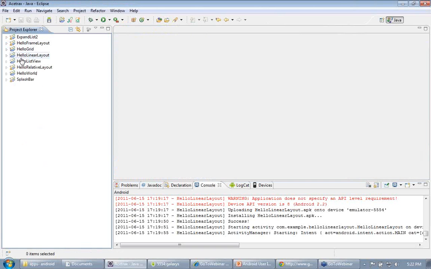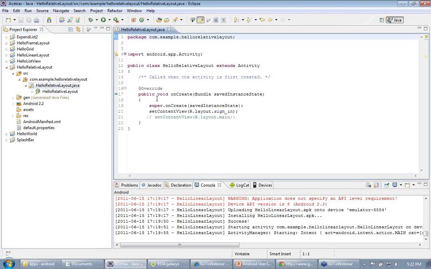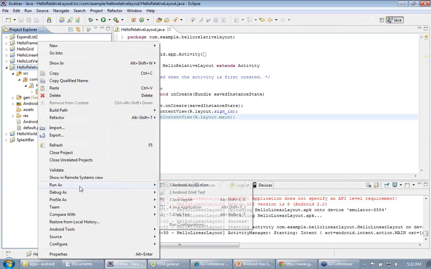Our next example is a complex one, Hello Relative Layout. Relative layout is one of the major layout structures in Android. I have two types of code here, and I will also show you how to create an efficient relative layout in this program. So first we will call this main.xml, in this we will first call signin.xml. So let's see what the output is.